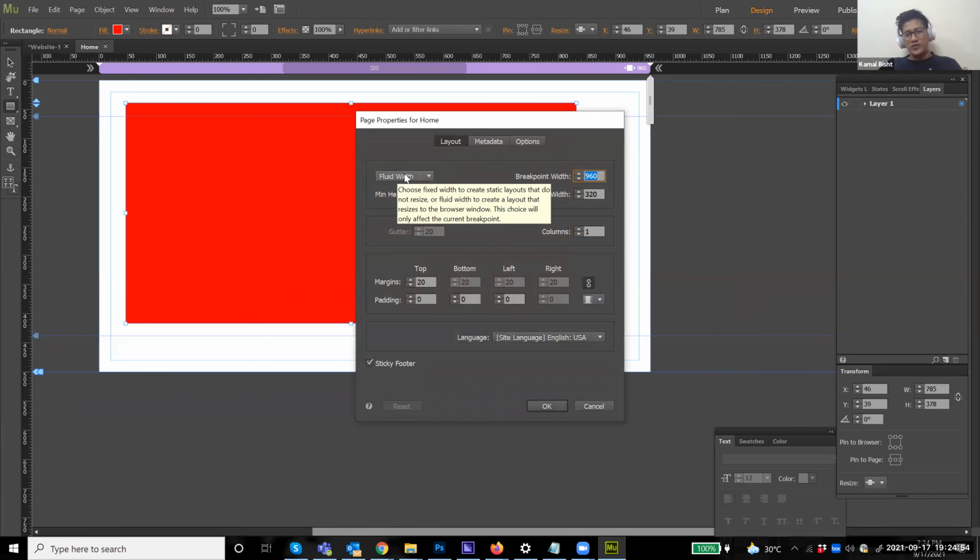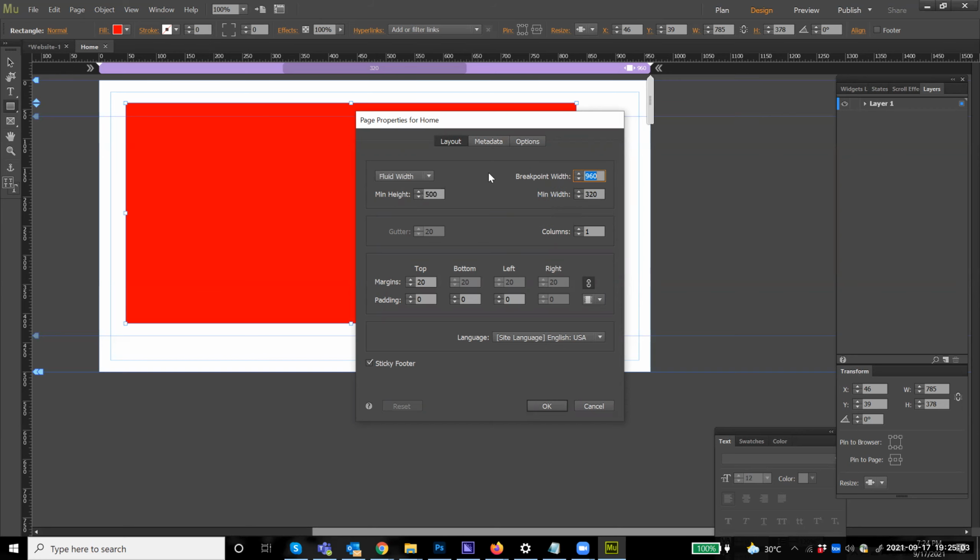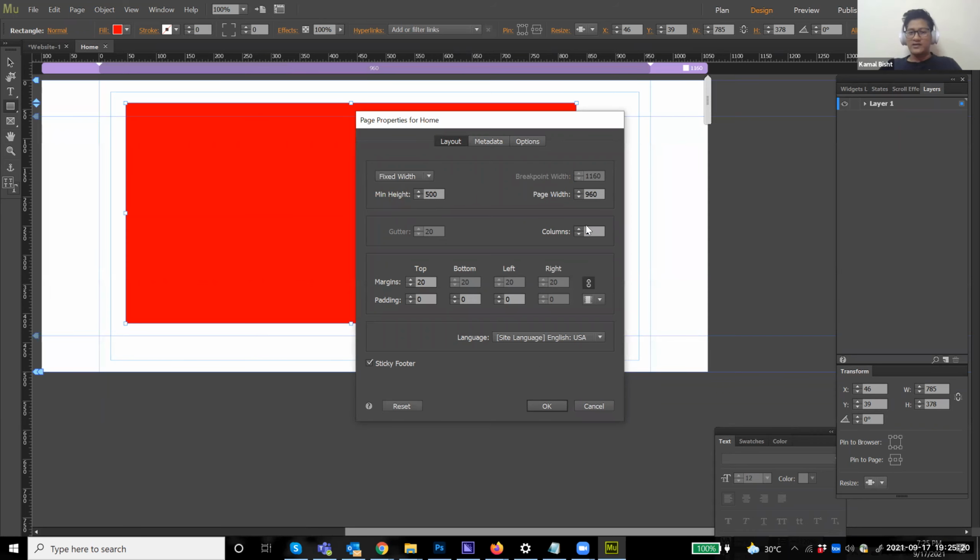What fluid width means is, if you are creating any responsive design, then only you select fluid width. Okay, but most of our campaigns are fixed width, except the mobile expandable, because our products are specific sizes, so these are fixed width. If I select fixed width,